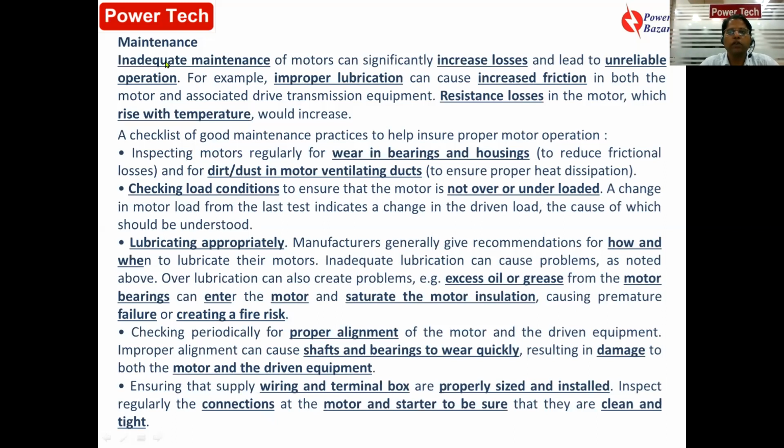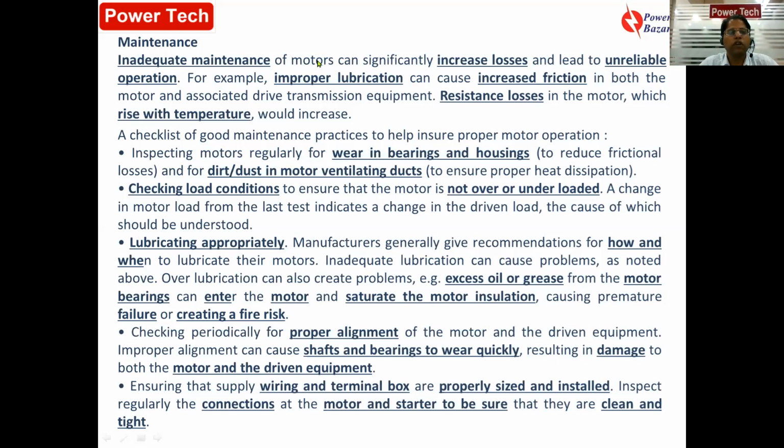Now, how do we maintain the motors? Motor maintenance is also one of the critical parameters in any industry. All electrical engineers know that for good maintenance practices, preventive maintenance, predictive maintenance, breakdown maintenance, and having good SOP, standard operating procedures, is very much essential for successful running of a motor, because motors are the workhorse of the company or industry, so they have to be maintained in the proper way. Inadequate maintenance will lead to increased losses, unreliable operations, and frequent breakdowns.